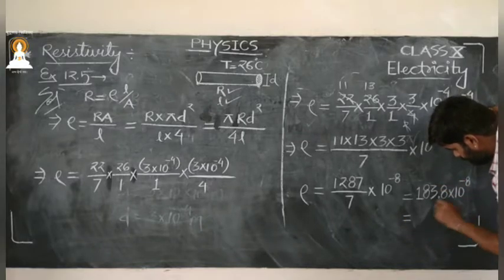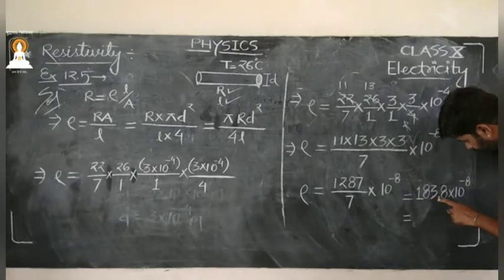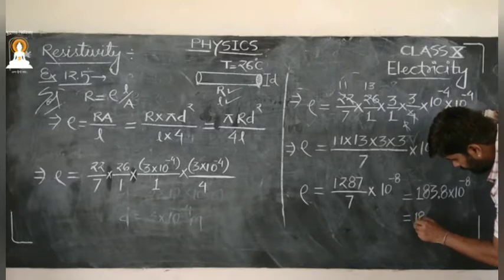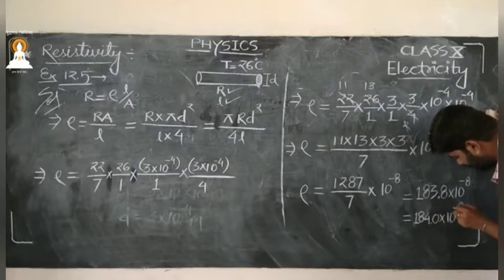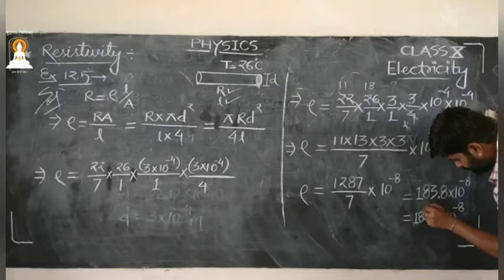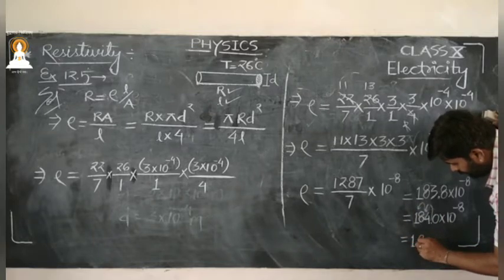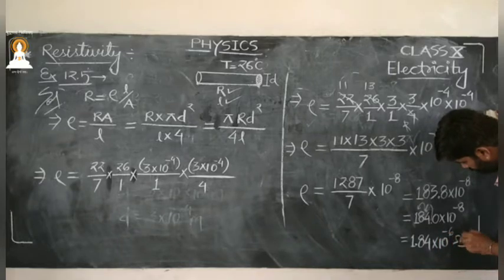Okay, so this will become, now see 10 to the power minus, decimal 1 and 2. If I take it as 184, rounded off, 0.0 into 10 to the power minus 8, then if I shift the decimal by 1, one 10 will be used and then another 10 will be used. So it will be 1.84 into 10 raised to power minus 6 ohm meter.